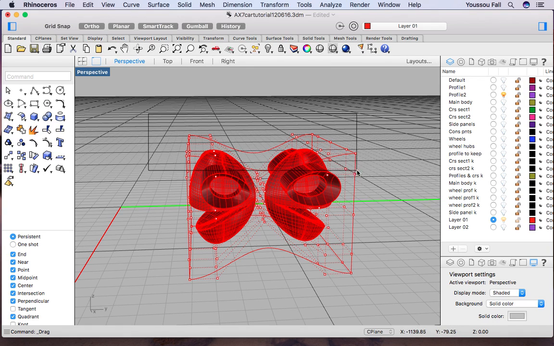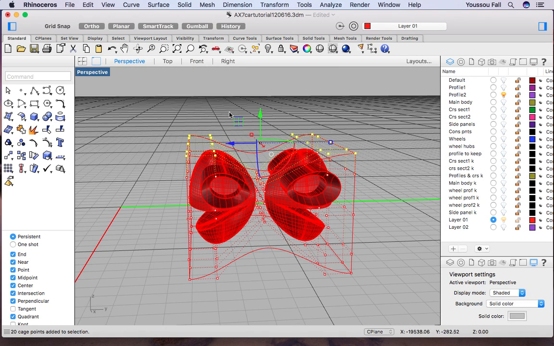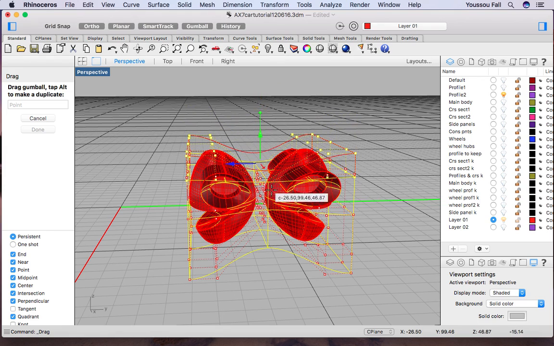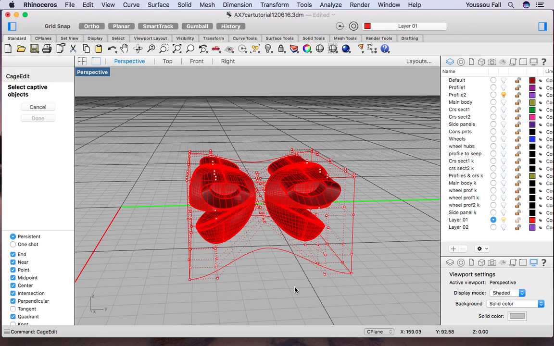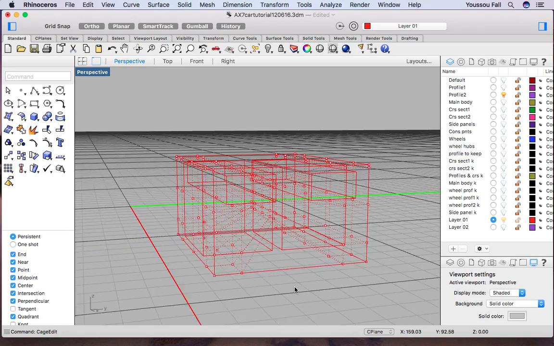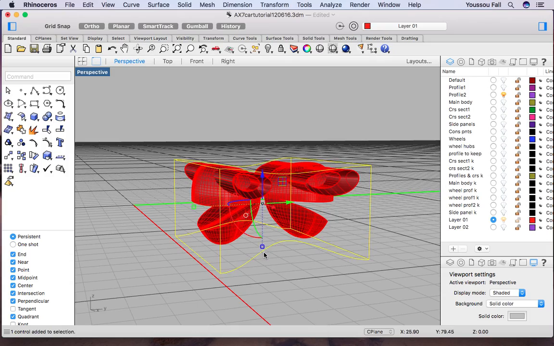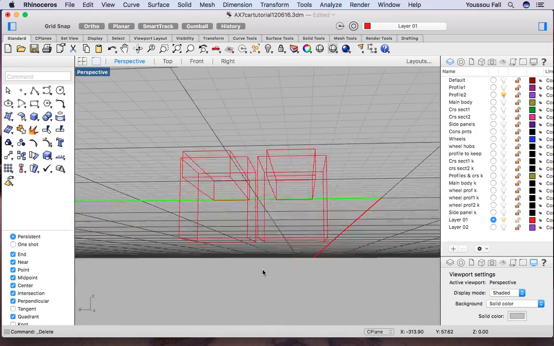I could select only the points on top. Let me go to the front view so that I can select only the points on top right here, and then go back to the perspective view, and then I can do a lot more editing. I can stretch it up or I can go down with it. Cage editing with the bounding box is much nicer to use, and once you're done, all you need to do is turn off the points, select your cage, hit delete, and it's done, and now you have edited your file